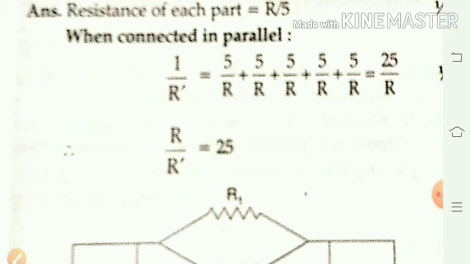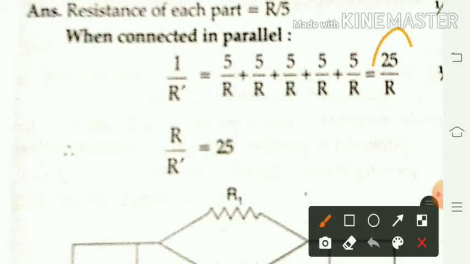resistance of each part in this combination is R by 5. When they are connected in parallel, we can take their reciprocals. That is 1 upon R dash is equal to 5 by R plus 5 by R, and so on 5 times. So the value of 1 upon R dash becomes equal to 25 by R. But they have told the ratio of R to R dash, it becomes equal to